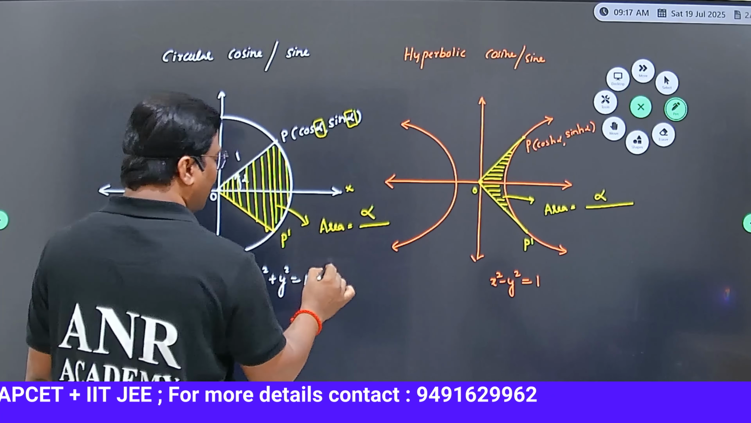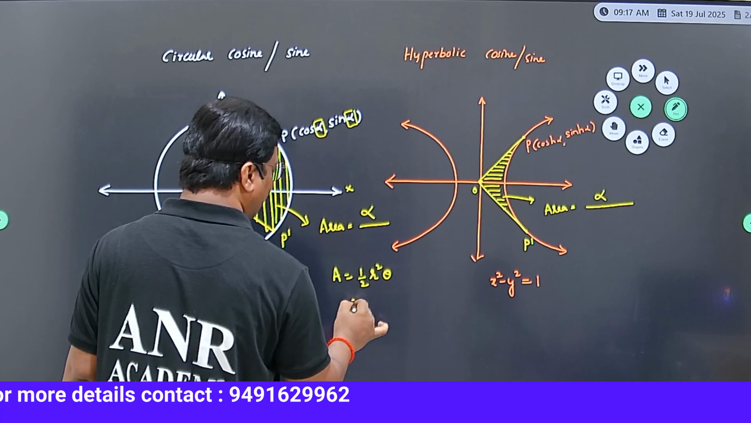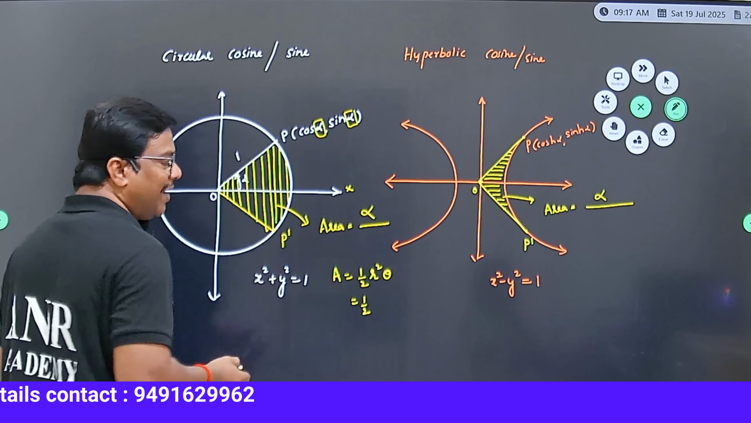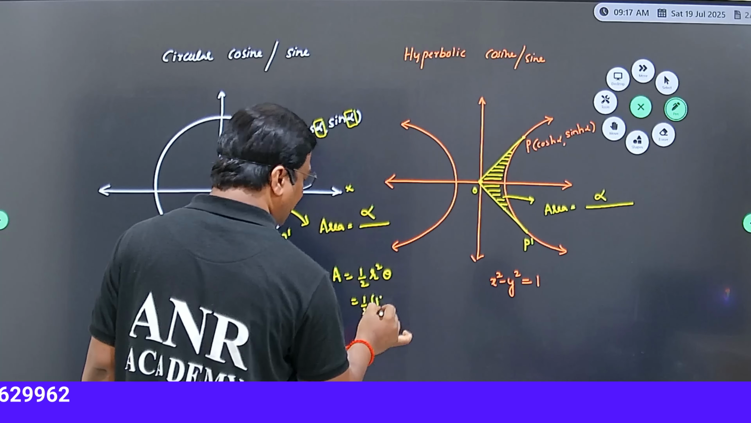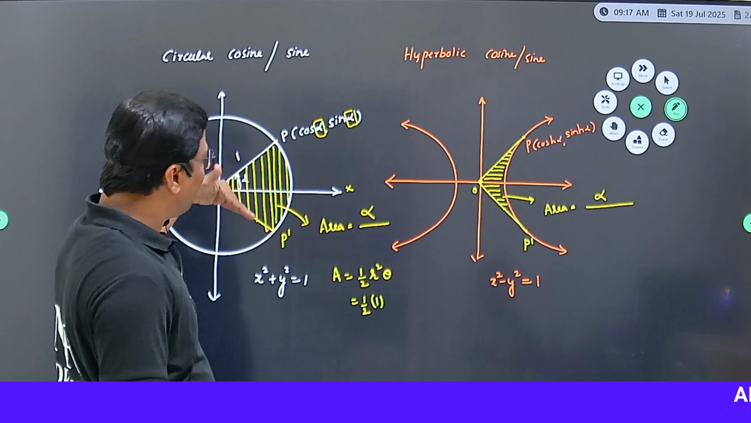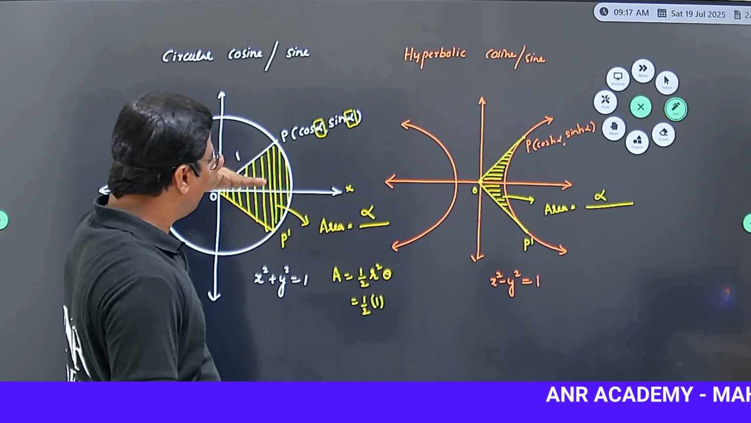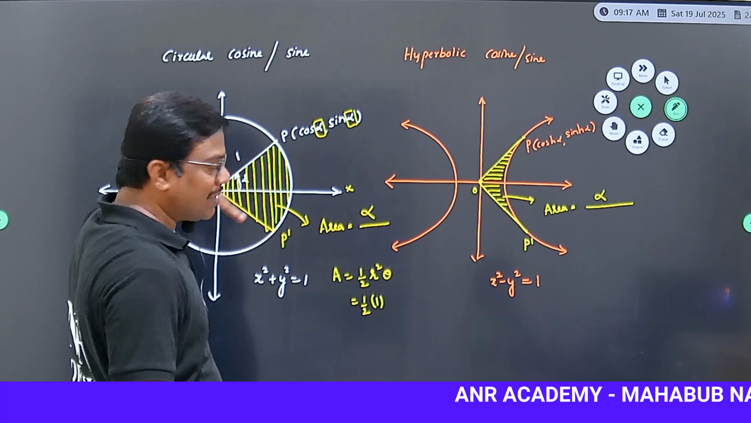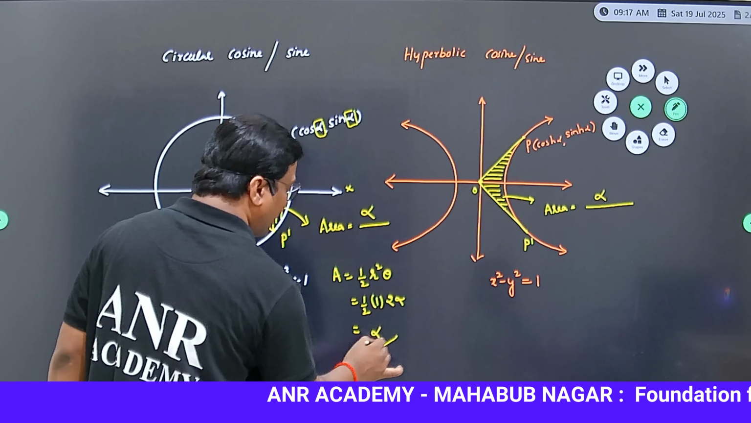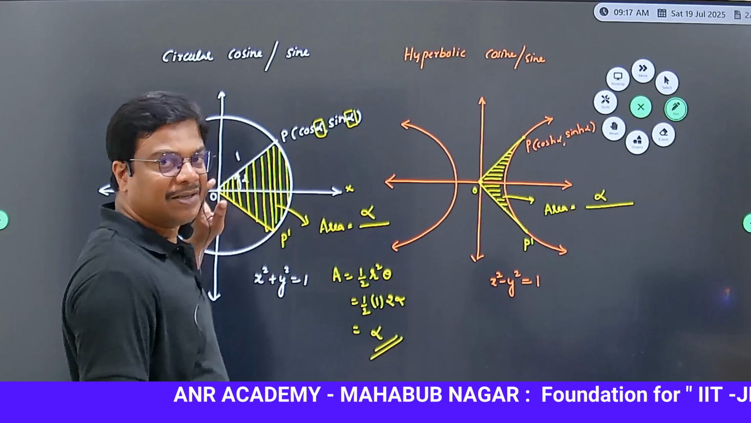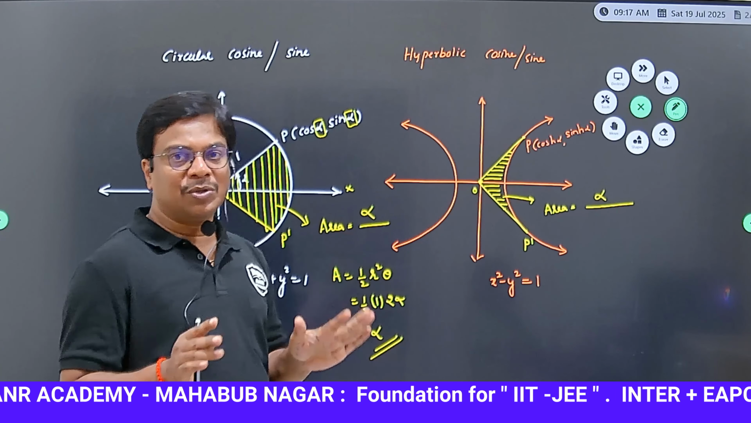See here, you know that area of sector is half into r square into theta. Half into r value here, in this case due to unit circle, r value is 1, r square value also 1. Theta here is the angle between OP dash and OP. Since angle between OP and x-axis is alpha, so angle between OP and its image becomes 2 alpha. 2 gets cancelled, and we get alpha as the area. The same is applicable for hyperbolic cosine. Due to these two reasons,